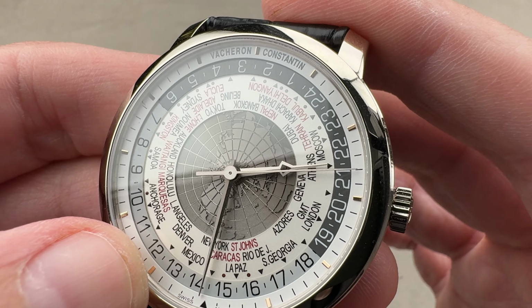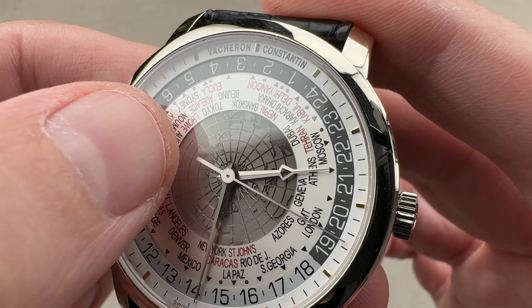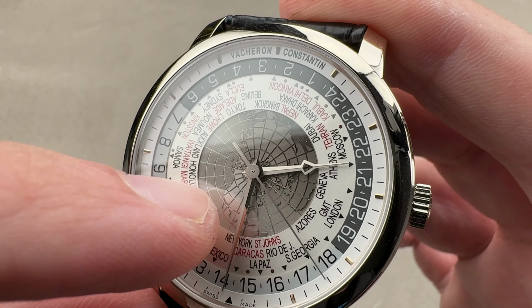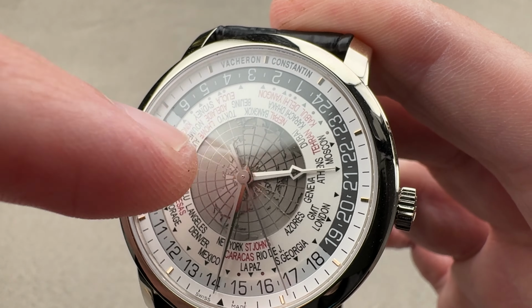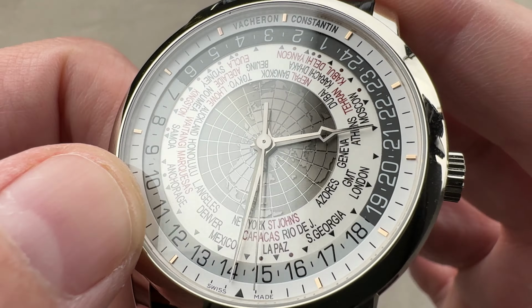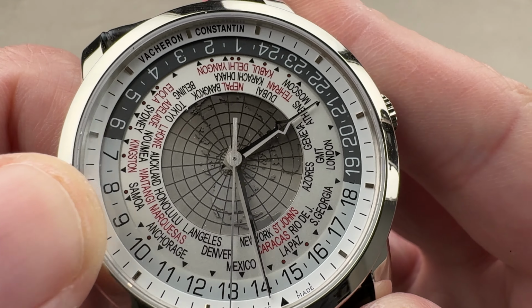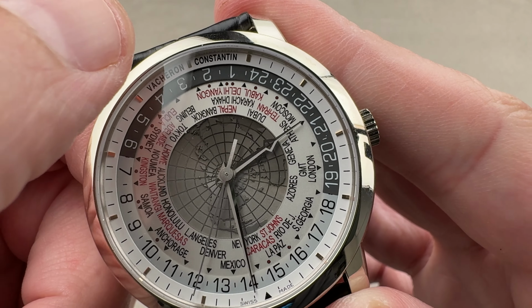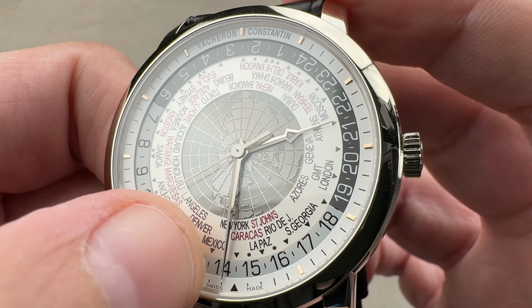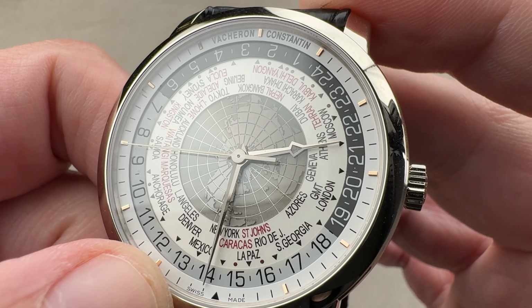There's a primary sapphire over the dial, then there's a sapphire over the center. It's very shaded and subtle, but you will find that the shaded half of this projection of the northern hemisphere, the shaded half is actually underneath a sapphire that moves. We also have an outboard track for the hours with semicircles representing respectively those areas where it is night in the world and those where it is day. And then we have a clear sapphire over the center that features the names of these 37